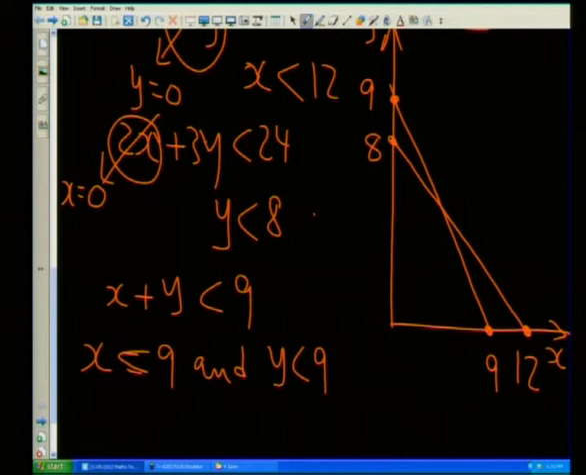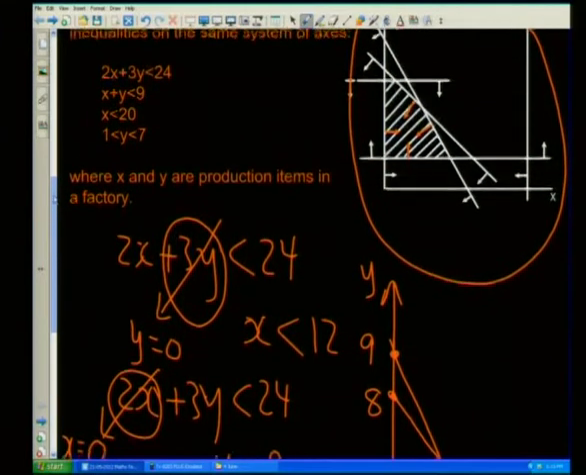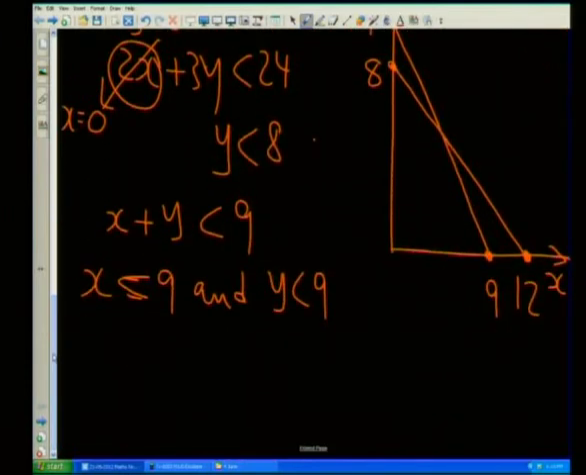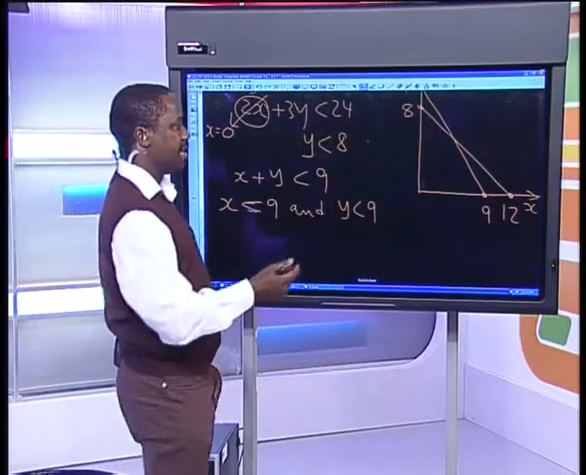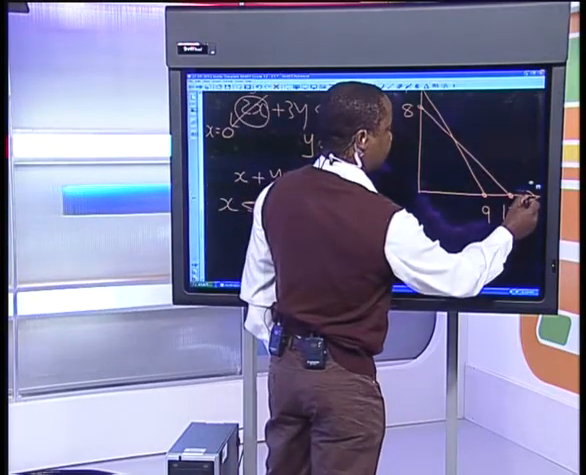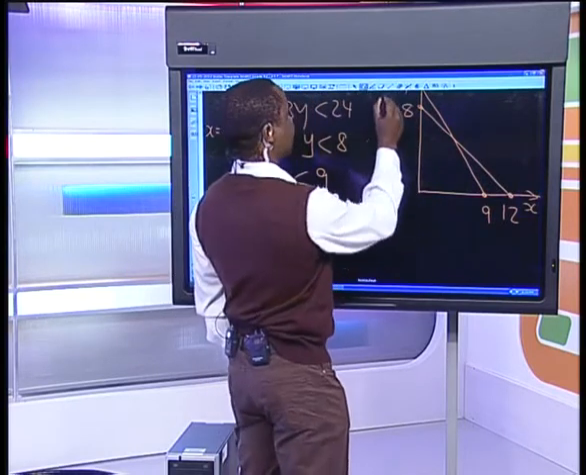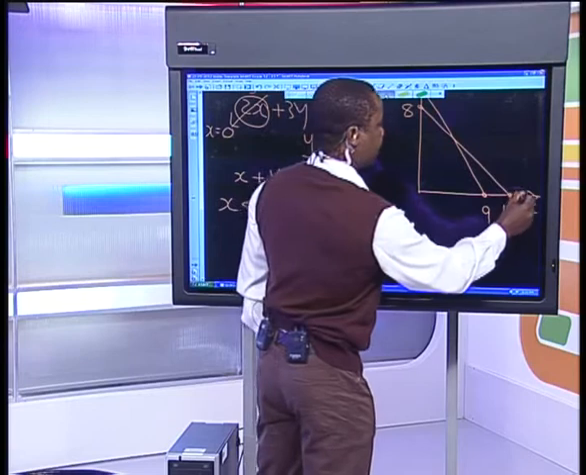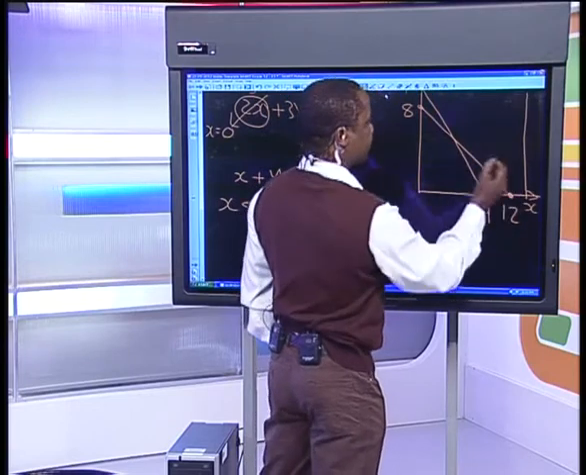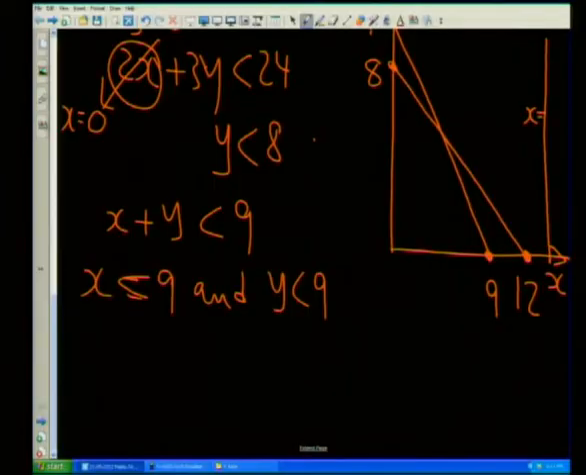Okay. The third constraint says x must be less than 20. Yes, you can produce all these x items, but they must never be more than 20. My graph is a bit short of space there, but I will represent 20 at that point. So if this was x equal to 20,